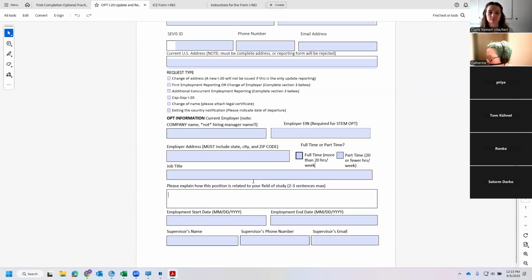So usually the best rule of thumb would be this. If you are getting in the elevator with a USCIS officer and you have from the ground floor to the penthouse to justify, we call this an elevator pitch, right? To justify your job and say how it's related to your school, like your studies, and you think by the time you get to the penthouse that the officer would agree with you, then you should be fine. But just make sure that you're documenting it through this form or through the SEVP portal. Okay, those are all the basics for